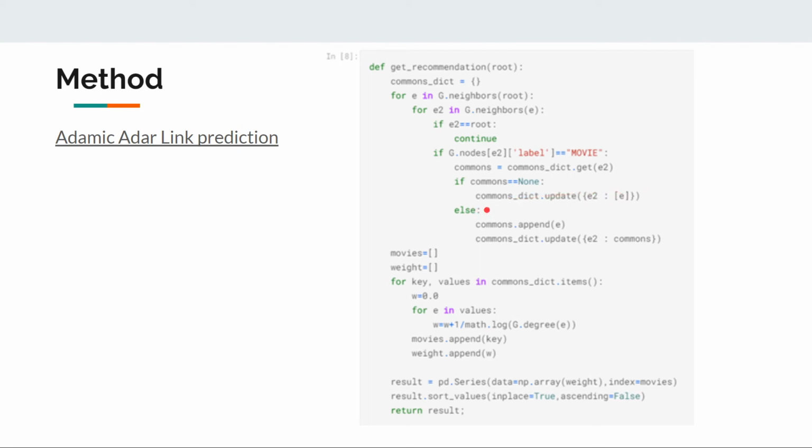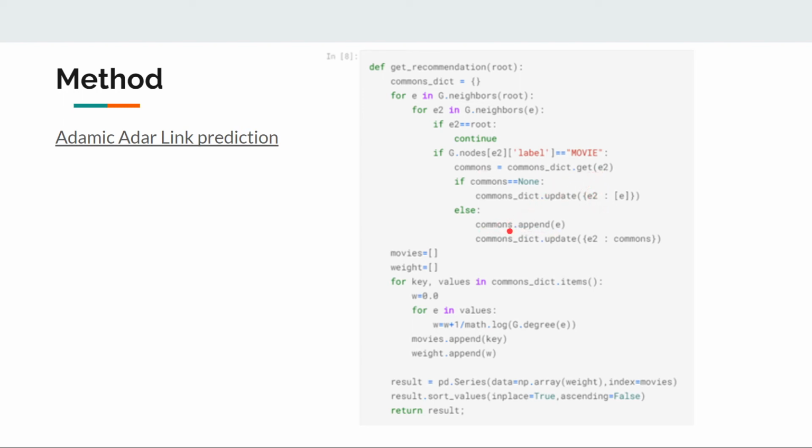However, if e2 already exists in the dictionary, which means e2 is already a neighbor of some other node, we append the current e, which is the movie node, into the commons that we get from the dictionary, which holds the previous movie nodes that have e2 as a neighbor.